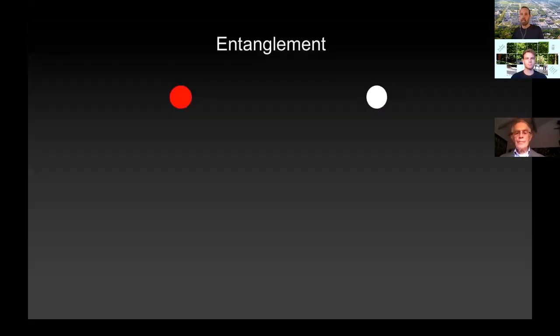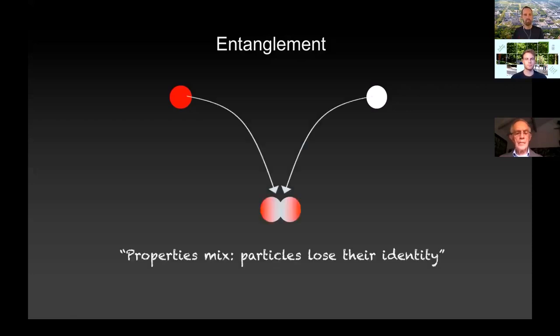Okay, so to explain entanglement, I'm going to introduce two particles, and I need some property of these particles to discuss this idea. The property I take is the color. So I take one particle that is red, I take another particle that's white. And now if I bring these two particles together and I let them interact in some way, then quantum physics